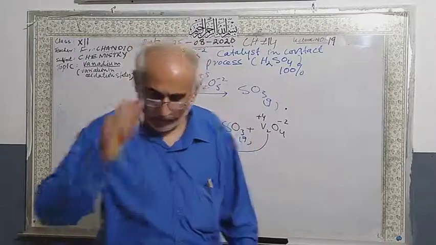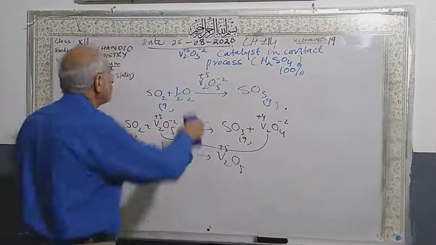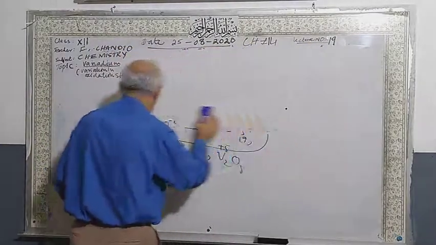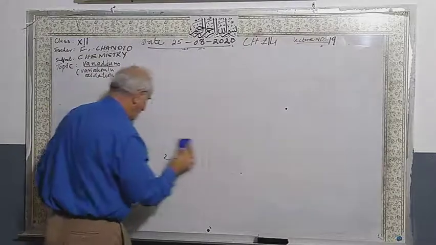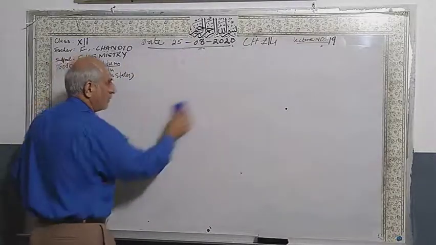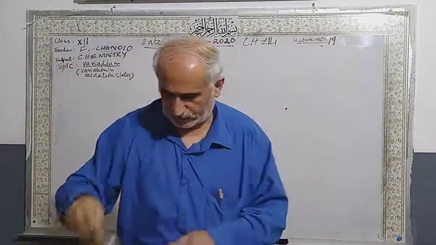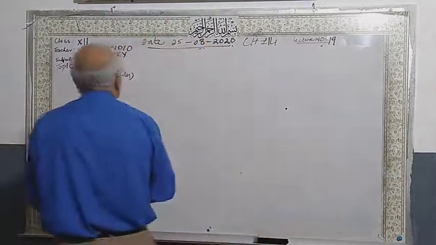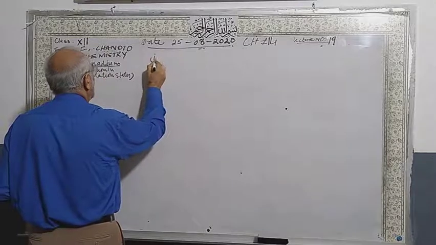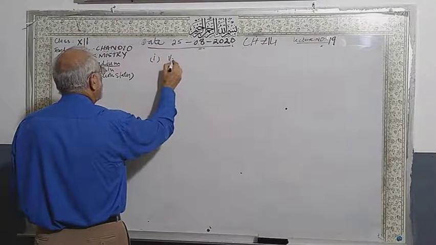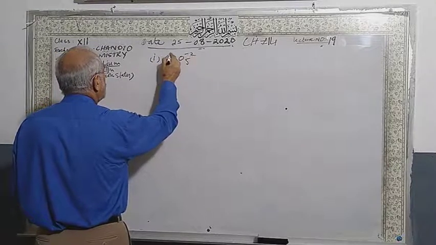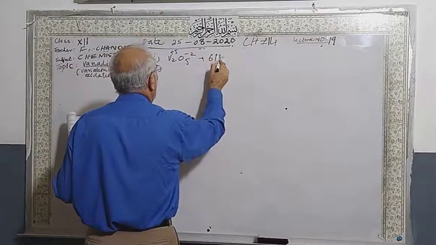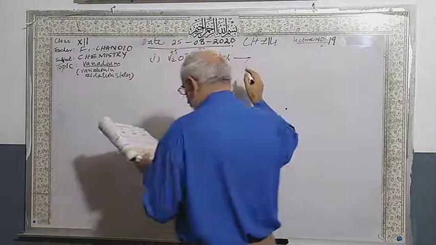So if I am going to write these chemical reactions, number one chemical reaction is vanadium pentoxide V2O5, with vanadium at plus 5, and when we add hydrochloric acid,